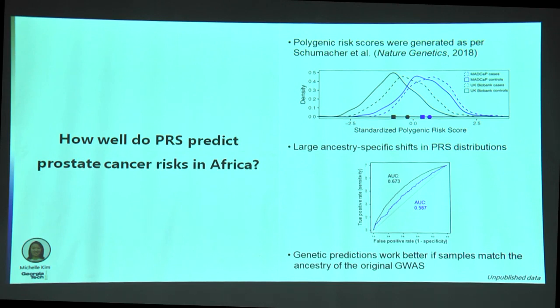So we only looked at Europeans. I don't want to say, well, everybody's European if you're in the UK, but basically white Europeans in the UK. We excluded individuals of recent African descent or recent Asian descent from that. And then what we did was we basically said, well, what are the polygenic risk scores for prostate cancer in